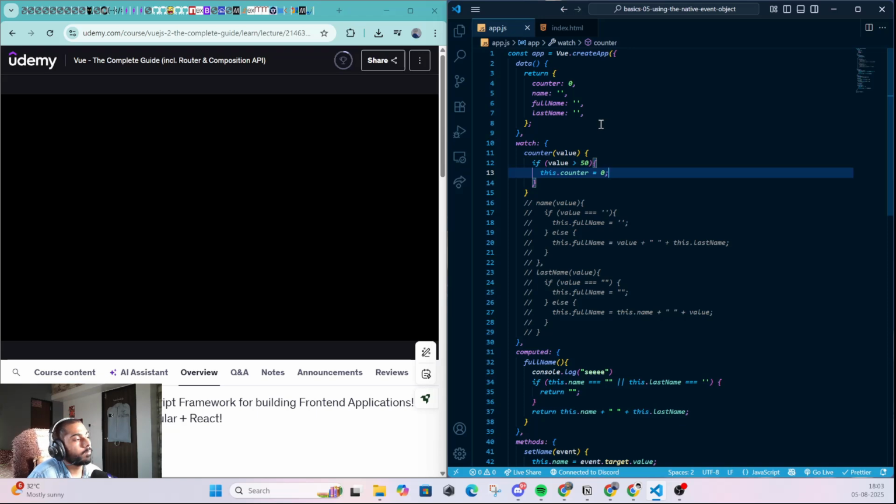Another example would be HTTP requests which you want to send if certain data changes, or timers which you want to set if certain values change. For example, here we could say if value exceeds 50,